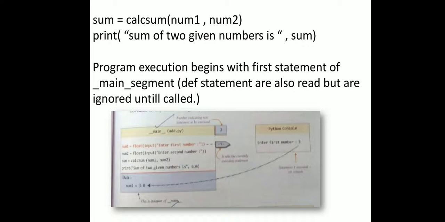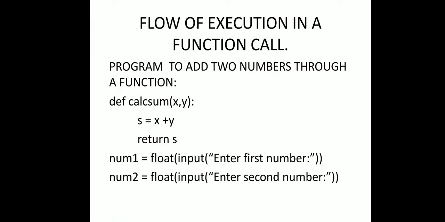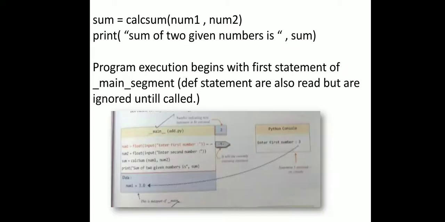तो इसका क्या मतलब है? num1 comma num2, नंबर 1 और नंबर 2 आपने पास किए हैं तो सम में वो रिजल्ट जाएगा क्योंकि आपने वहाँ पे क्या लिखा है, प्रिंट रिटर्न लिखा है. तो रिटर्न का मतलब है कि हम प्रिंट के अंदर ये स्टेटमेंट लिख सकते हैं. और अगर आपको कोई वेरिएबल क्रिएट करना है आप वो भी कर सकते हैं. So we have created here the variable sum. So the sum variable will store the value here, you can see, and the print statement will print the result.